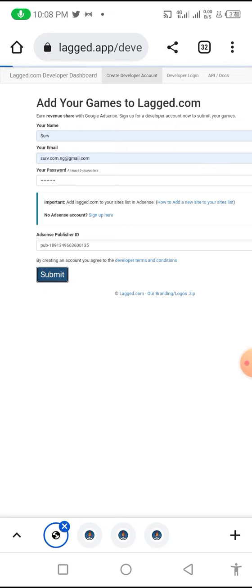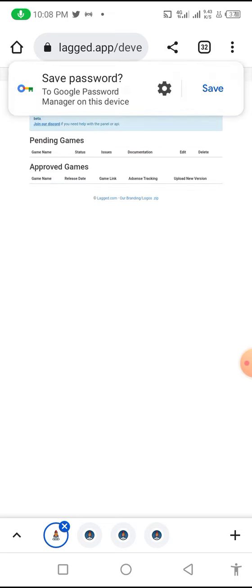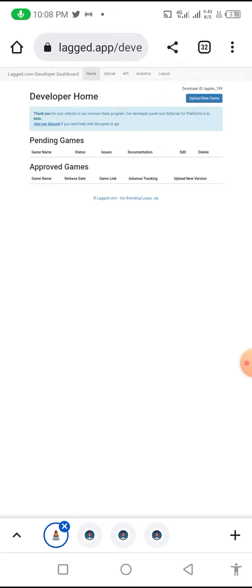Then I submit. Save the password. Then it's pending. In the other place from your AdSense, it says approved game, pending game. Thank you for your interest in our revenue sharing platform.